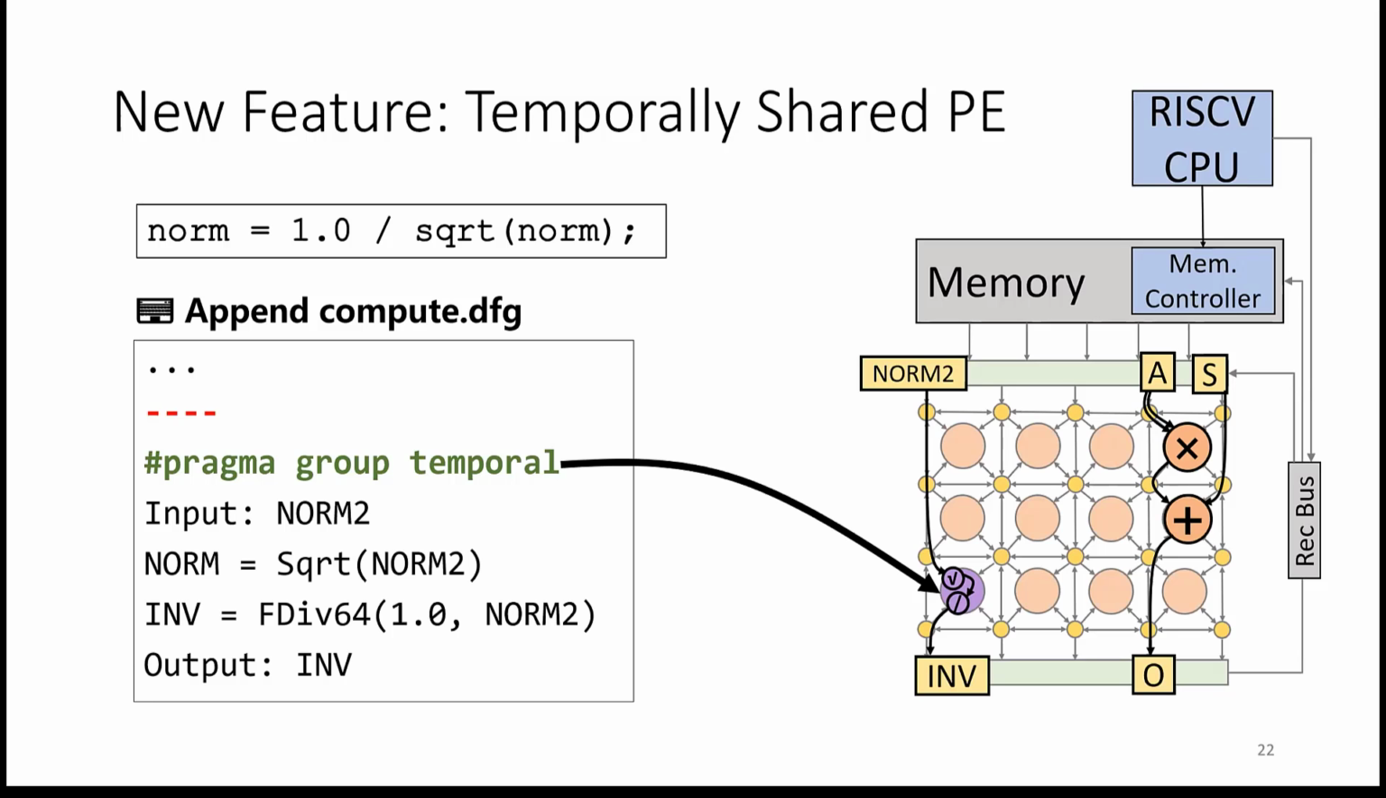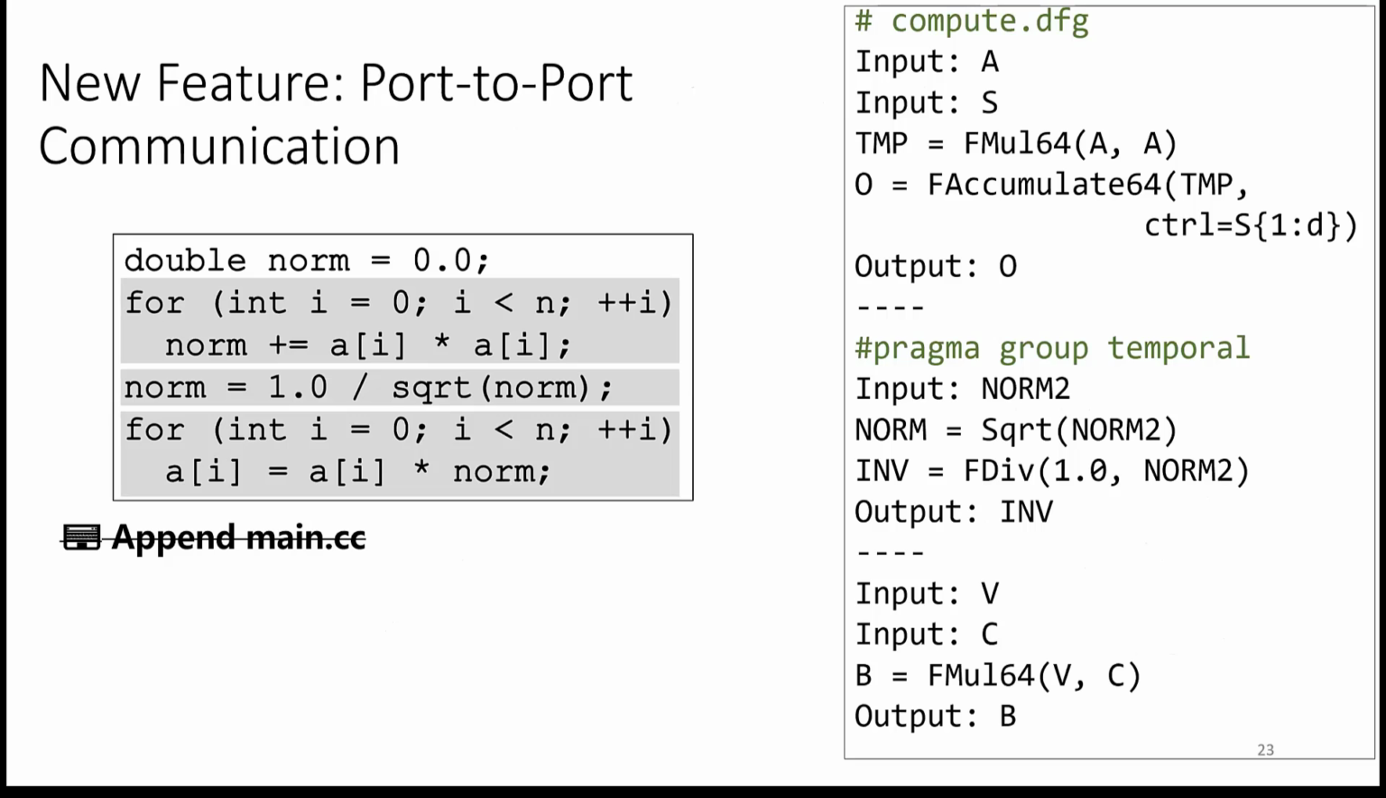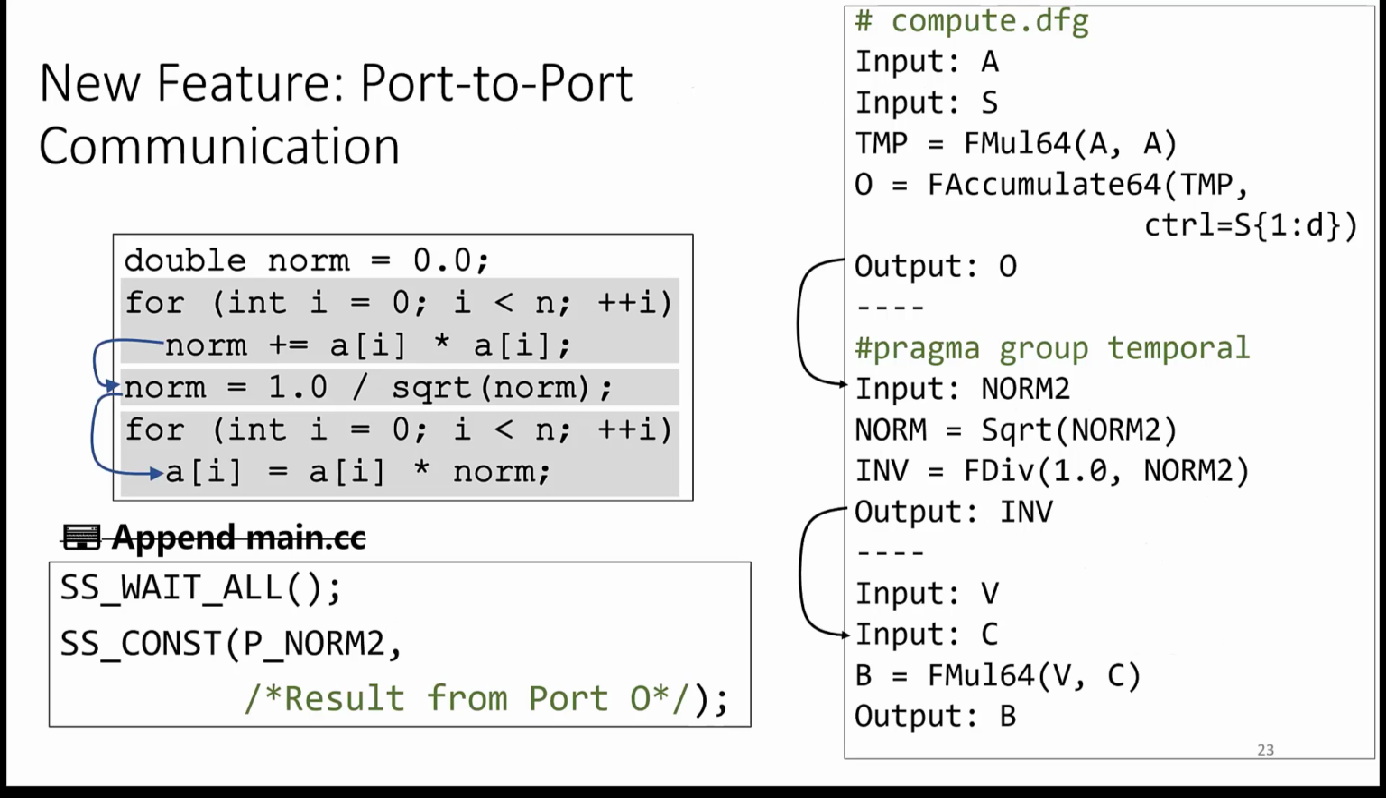We just annotate this pragma to this subgraph, so it can be mapped onto the shared PEs. So the last thing is the communication across this offloaded code region. So we do not want to drain the previous